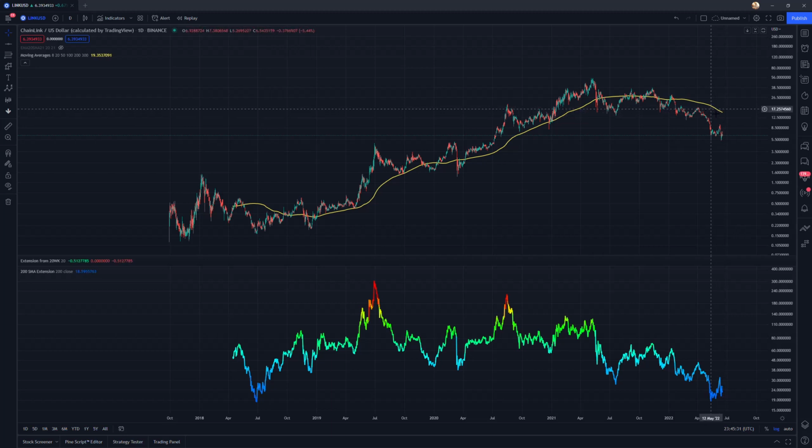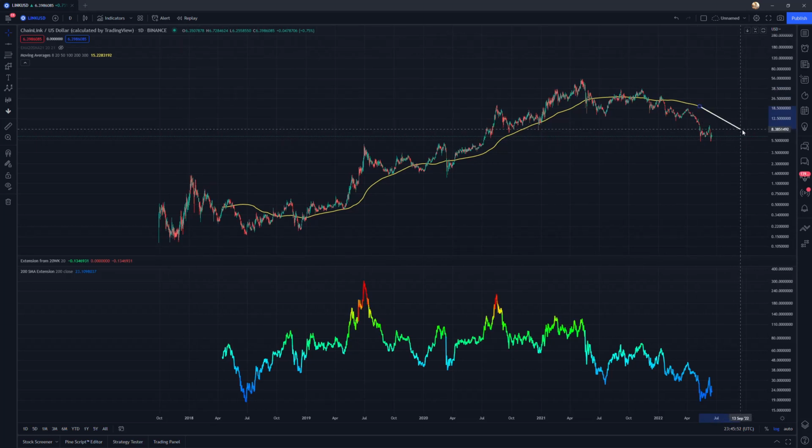It doesn't have to reclaim it, but I would expect in the next few weeks or maybe the next few months, at some point or another, we are going to be retesting this 200-day simple moving average, and like the 20-week, it is declining, so it will come back down, and it could be, in the middle of August, at $10. If we extend it further down at this rate of decline, in October, it could be around $7. It really depends on when we do test it, but I believe that